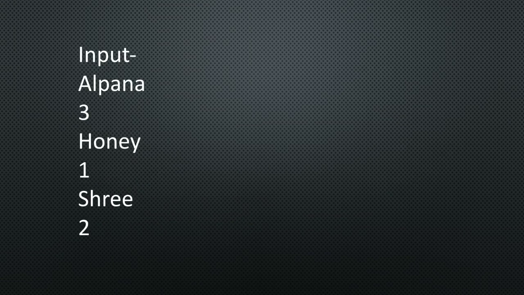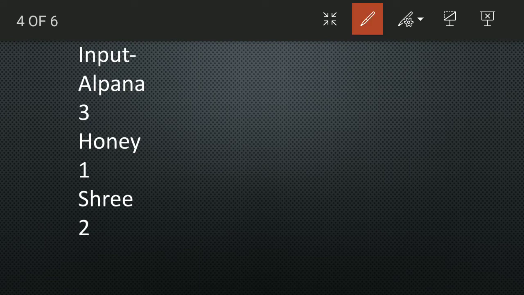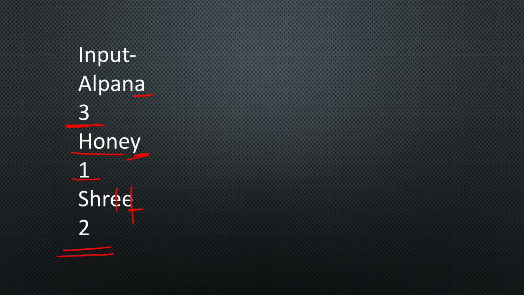So in the next question, what it is saying is that we need to find the frequency, the number of times the last character has occurred. For example, this A, how many times is it occurring? It is occurring 3 times. That is the frequency of the last character. So Y, how many times has it occurred? It has occurred only 1 time because it is not present in the earlier characters. So equals 1. So this last character, how many times has it occurred? 2 times. So our output is 2. So it is counting the frequency of the last character.